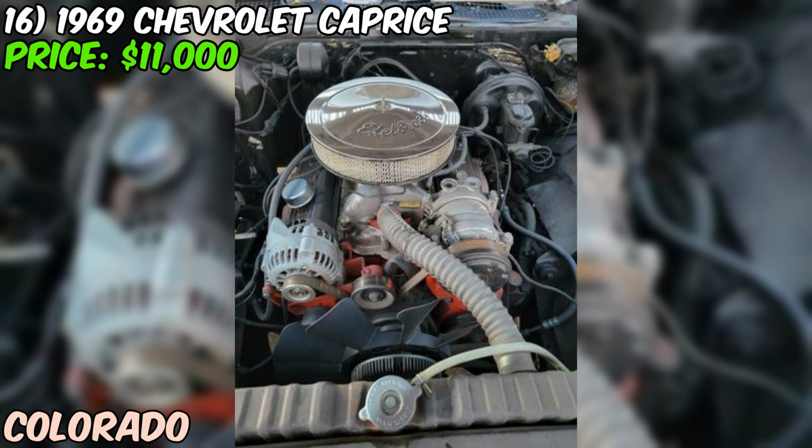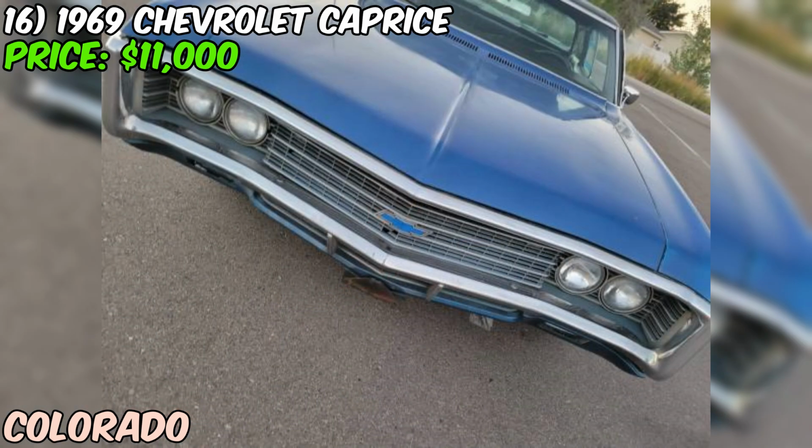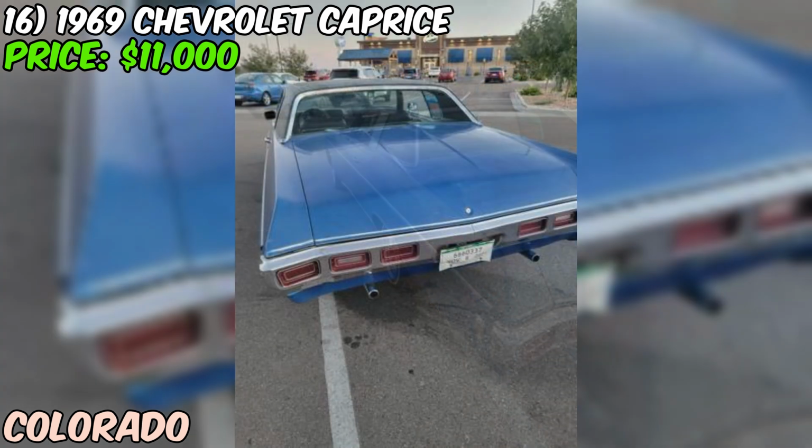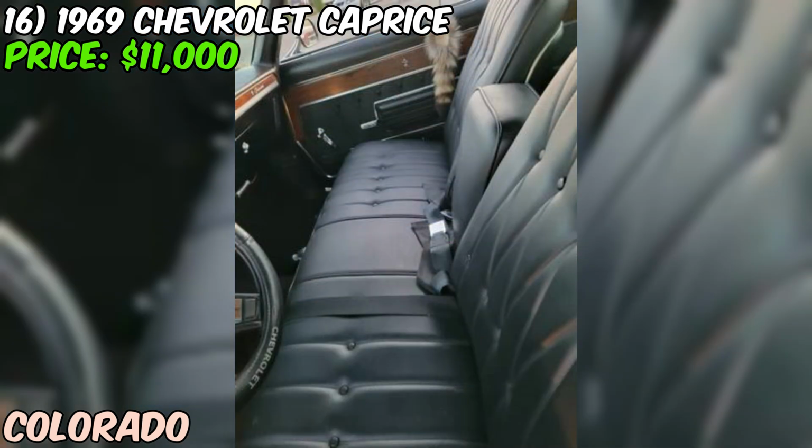Now, I know some of you might be thinking, what about the mileage? Well, with 86,000 miles on the odometer, this Caprice is no spring chicken. But for a car that's over 50 years old, that's actually pretty low mileage. And with the newer engine and transmission, you can be confident that this car has plenty of life left in it. Of course, as with any used car, it's always a good idea to give it a thorough inspection before